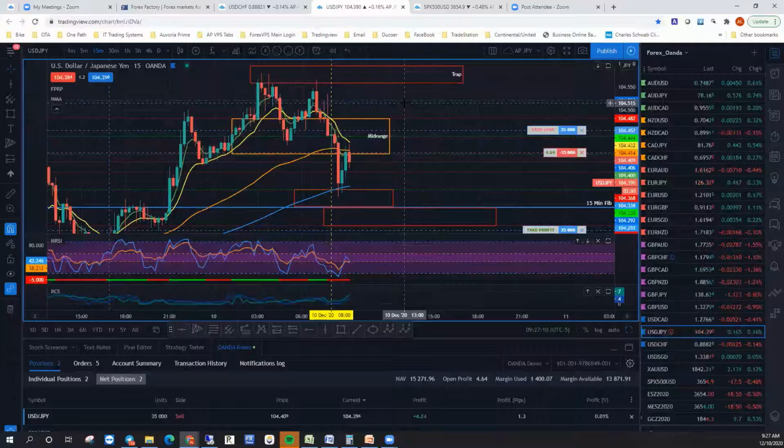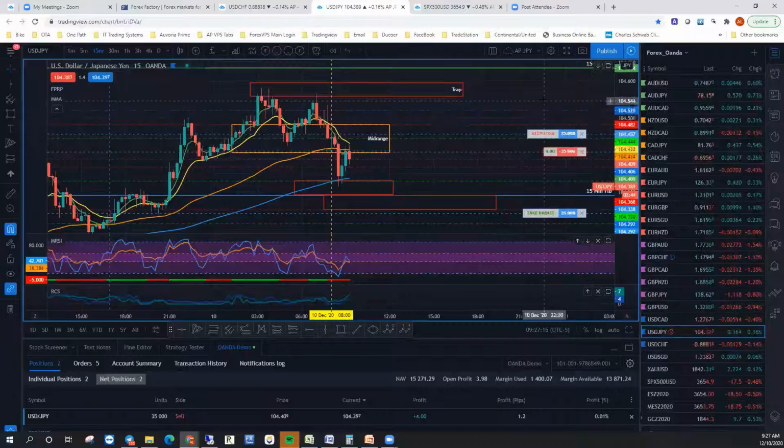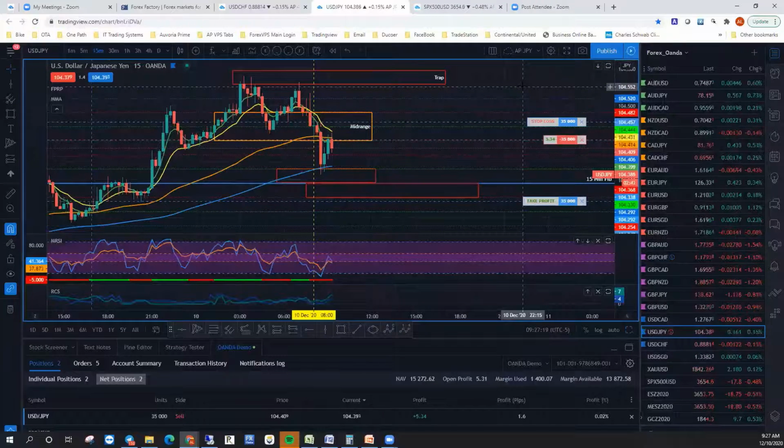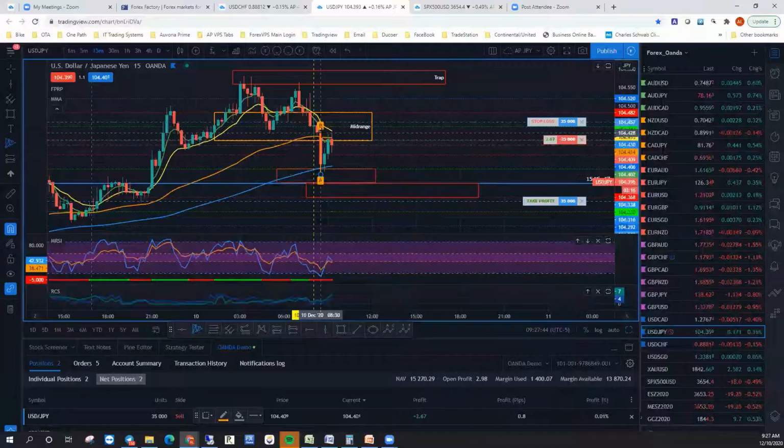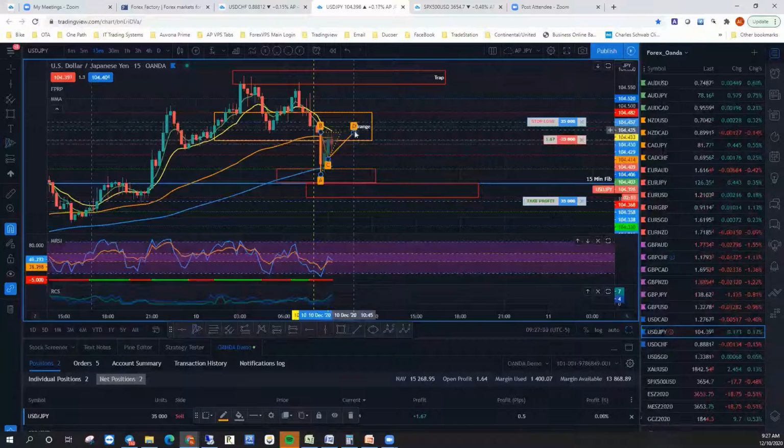Yeah. We're just waiting to see if it's going to tag the bottom of the trend line. If it does, then there might be an opportunity to enter a second short, but we'll see. So which trend line are you looking for this thing to tag? Oh, the bottom of the wedge. To enter another short here? At the bottom of this one? Oh, draw a wedge on this one? Yeah. And here's a low, here's a high, here's a bottom. Oh, you cleaned up your charts. That's why. Okay.